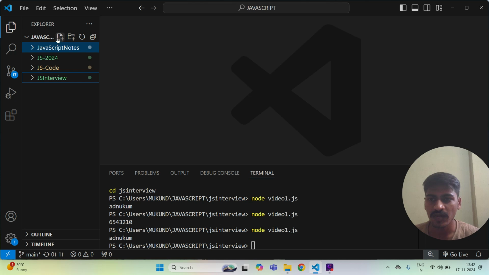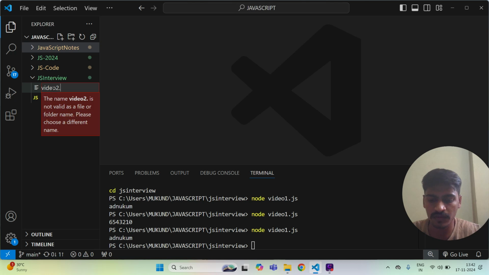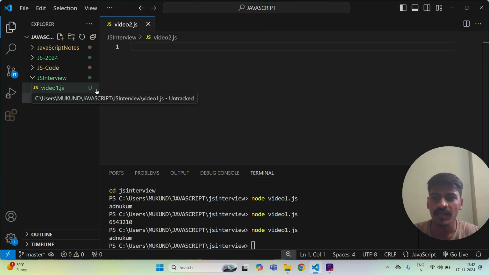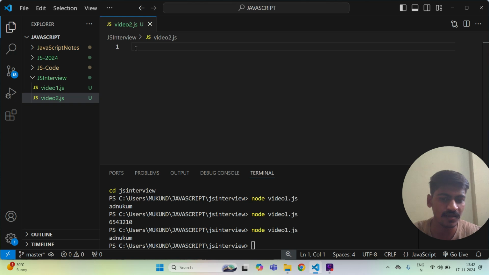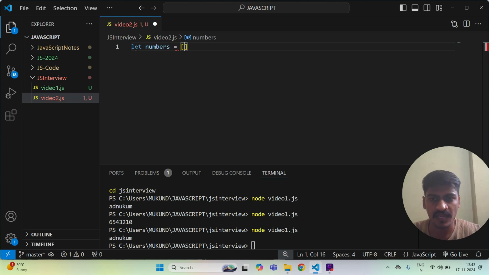Okay. So I will create one file here again. Let's see. The first question that people mostly ask is: find the greatest number in the array, or the largest number in the array. For that purpose, we need one array, so we basically need numbers.